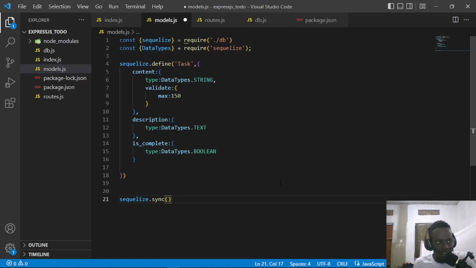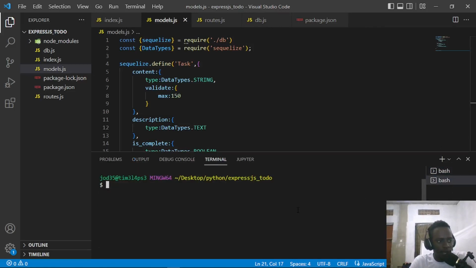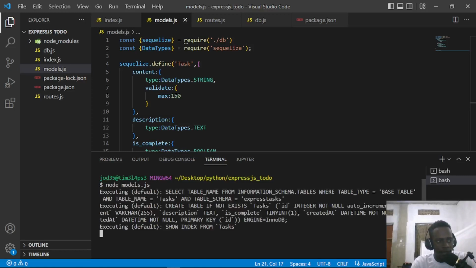So I'm going to go ahead and save this, and once I save this, I'm going to pull up our terminal. I'm going to go to the second bash terminal I created right here, and all I have to do is run our models file, and by doing this we shall have our database created. So I'm just going to say node, and I'll call our models.js, and this will go ahead and basically create our tasks table